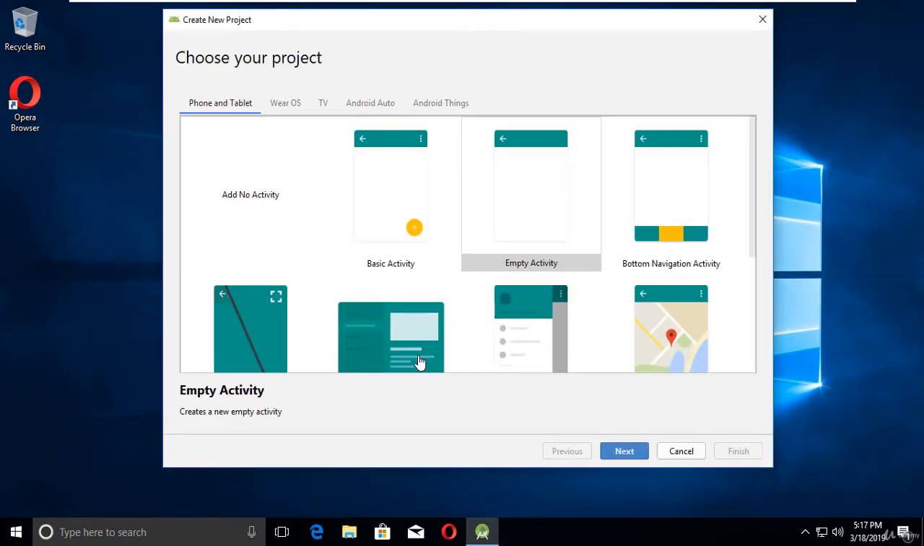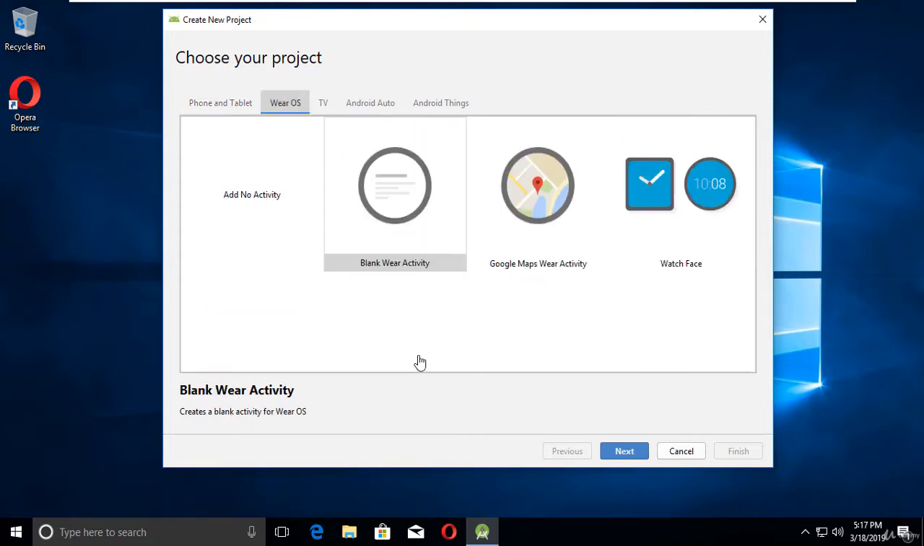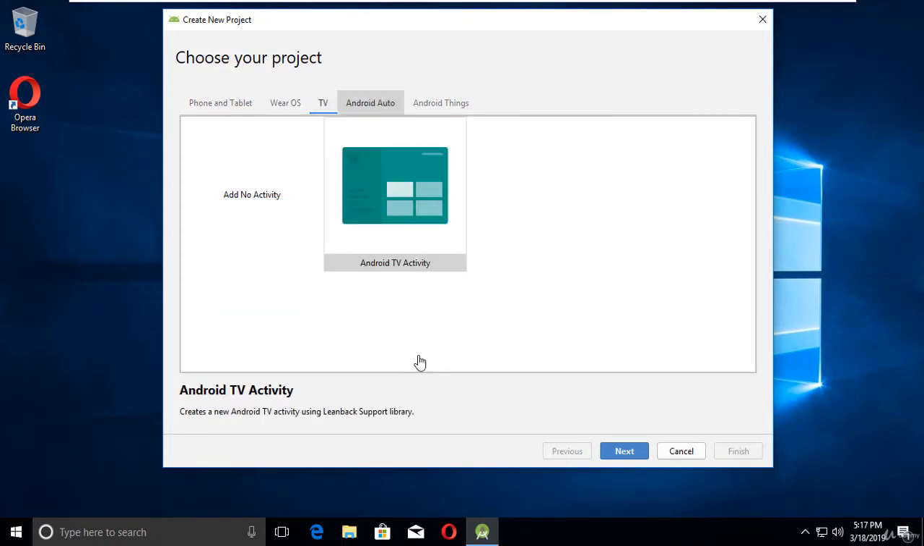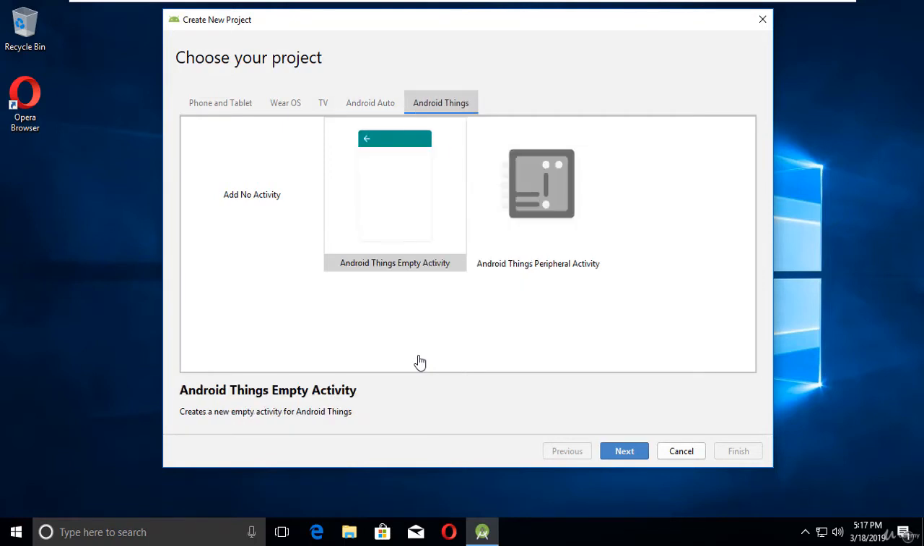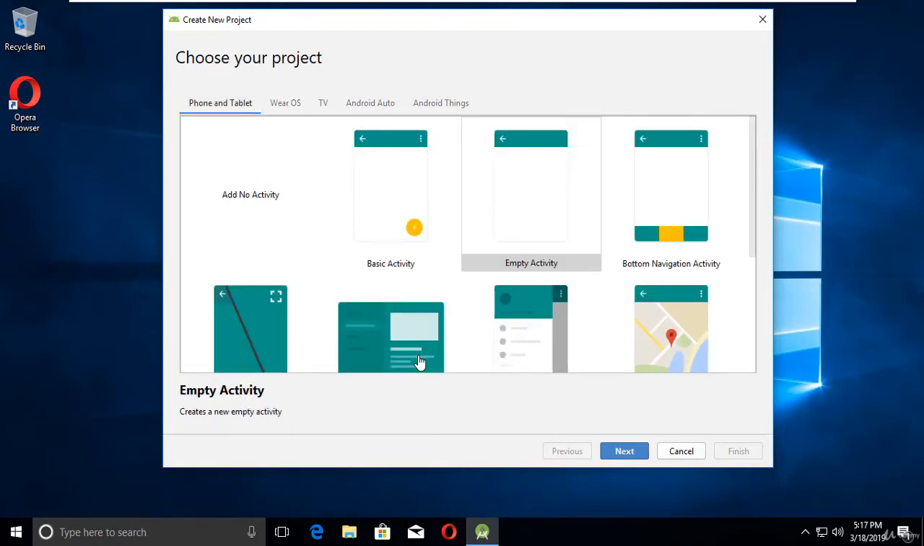This window enables us to develop apps for a phone, tablet, Wear, TV, Android Auto, or Android Things. In this course, we're going to develop for smartphones and tablets. Also, by choosing empty activity, our app will have only one activity by default. However, there can be several activities within an Android app. I'll talk more about activities later. So click Next